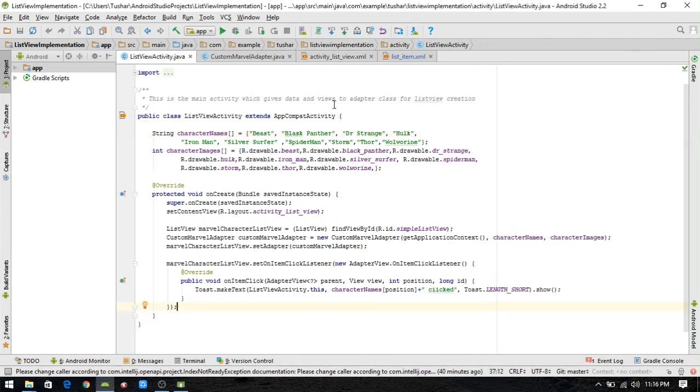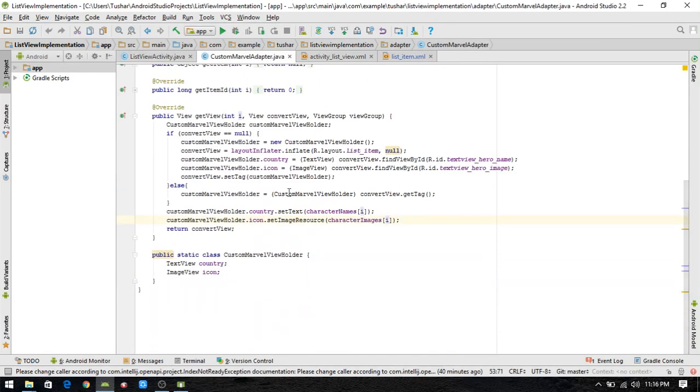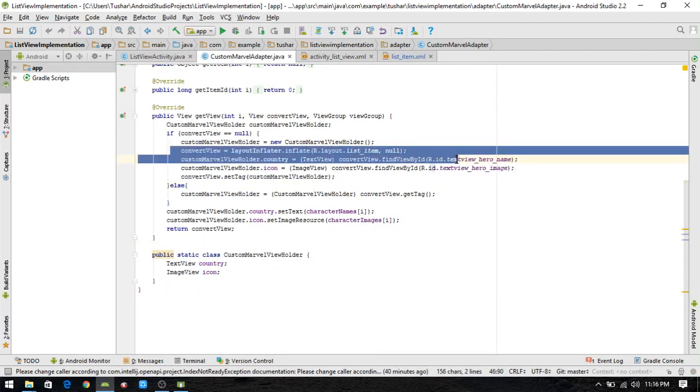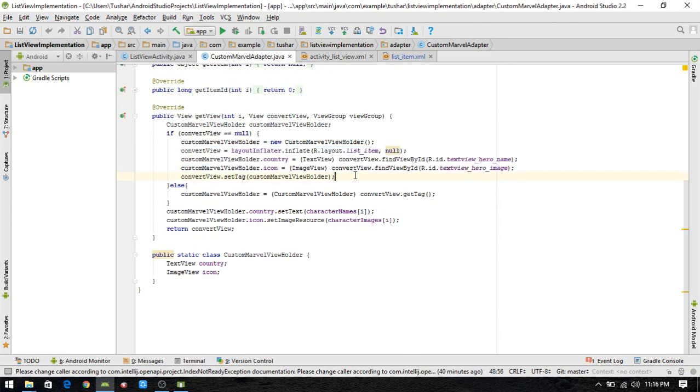So this is the implementation of list view. The most important thing to know over here is defining a custom view holder class. What it does is, you don't need to define your layout again and again. These repetitive lines, layout inflater, id inflation, you don't have to repeat again and again. You just need to set a tag, get a tag, and you'll get your view. After you get your view, just set your text, set your image, and you're ready to go.